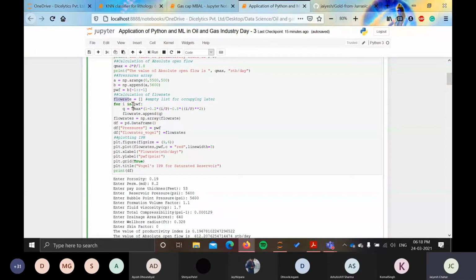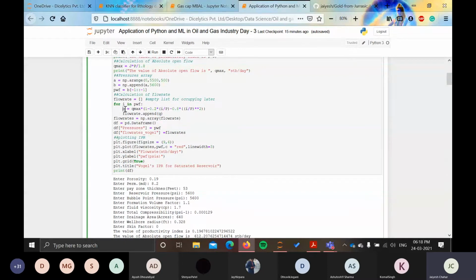For i in PWF means for the components present in PWF. Let's say that Q flow rate will be equal to Qmax, and this is the Vogel correlation that I have applied. Just in place of PWF, I have written i, because i will change each time this loop runs on the PWF list iteration.